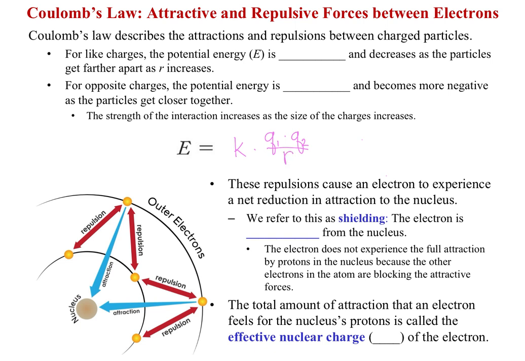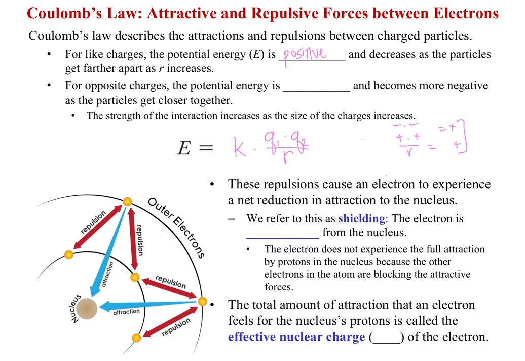When we have like charges, like 2 positive or 2 negative, we know that they repel. And so we have a positive times a positive over a radius is going to be a positive number, or negative times negative will also equal a positive number. So positive energy